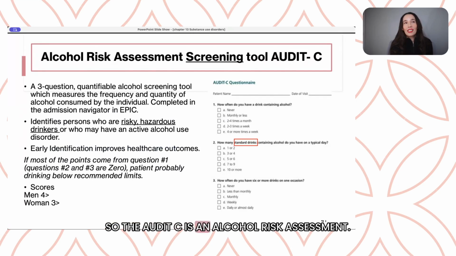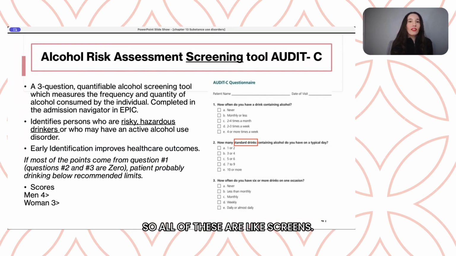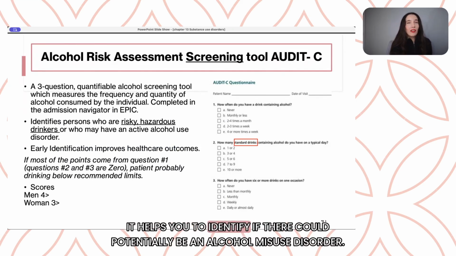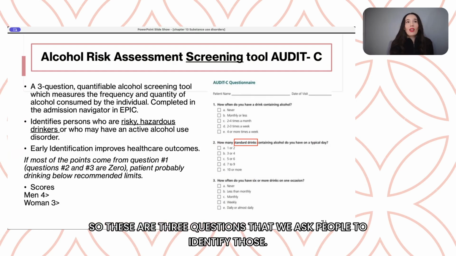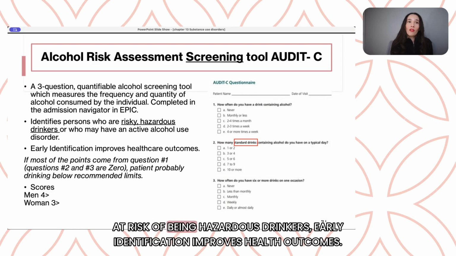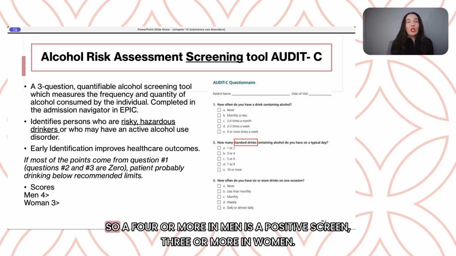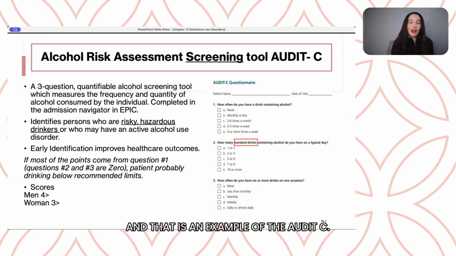So the Audit C is an alcohol risk assessment. So all of these are like screens. It helps you to identify if there could potentially be an alcohol misuse disorder. So these are 3 questions that we ask people to identify those at risk of being hazardous drinkers. Early identification improves health outcomes. 4 or more in men is a positive screen, 3 or more in women, and that is an example of